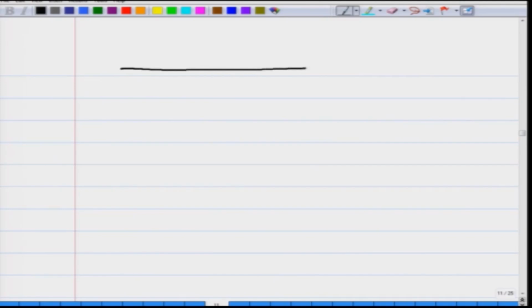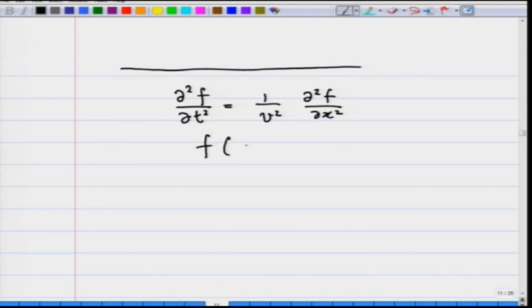In the previous lecture, I motivated the wave motion and showed you that if I have a continuous medium, a string or air in a pipe or the sound traveling in free medium, the equation of motion satisfied was d2f by dt square equals 1 over v square d2f by dx square, again emphasizing that I am actually doing a one dimensional motion, and the solution is f of t plus or minus x over v, where plus sign means wave traveling